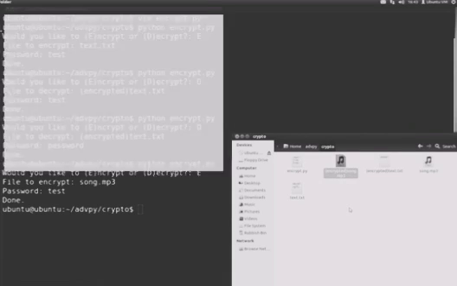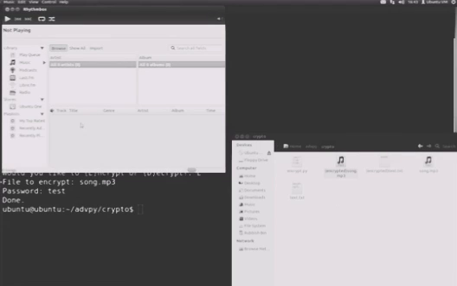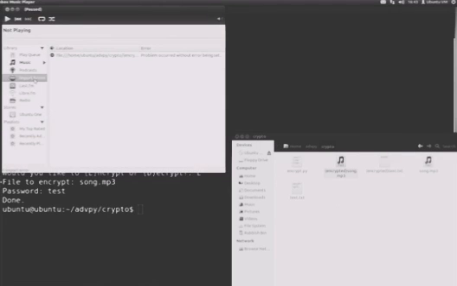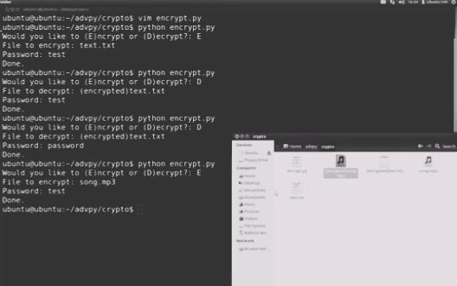Okay, so we come back over here, we've got an encrypted text.txt. So if I open this up, you'll see we've got the 16 bytes of how long the file is. So you can see it's 25 bytes long. And then we got the IV, which is over here, which takes up about